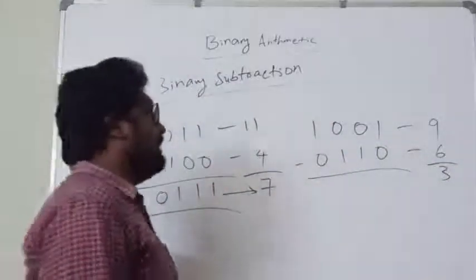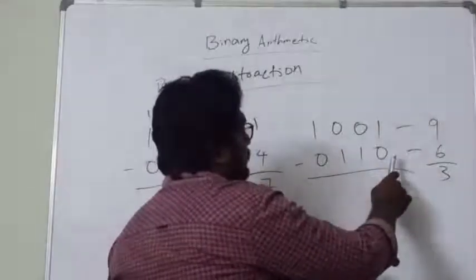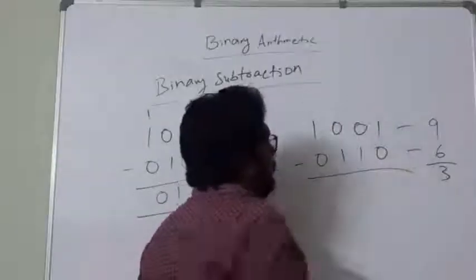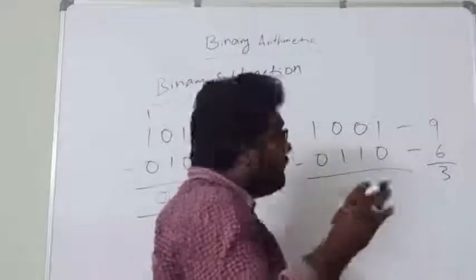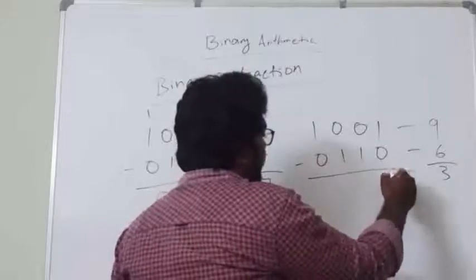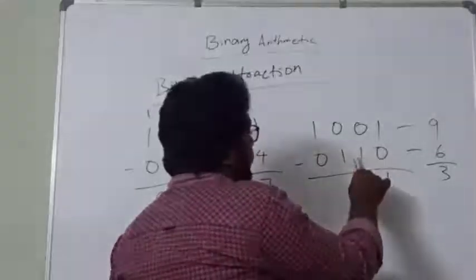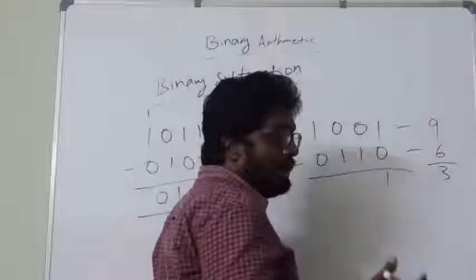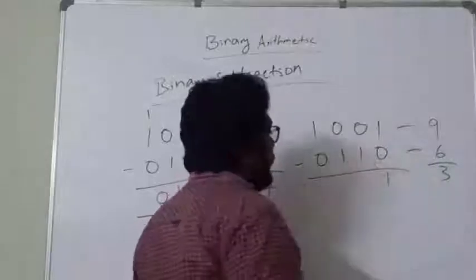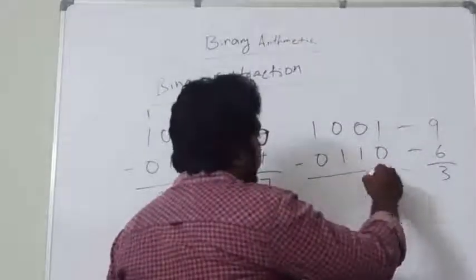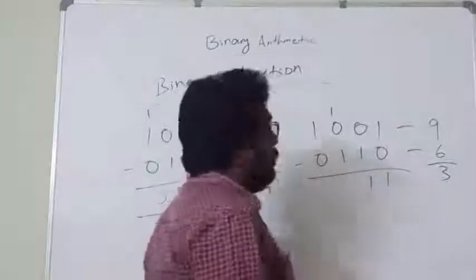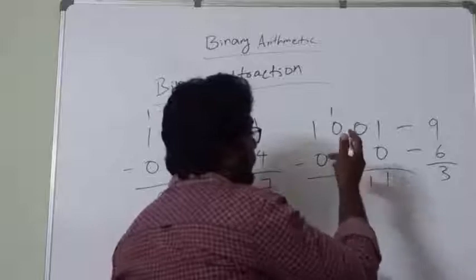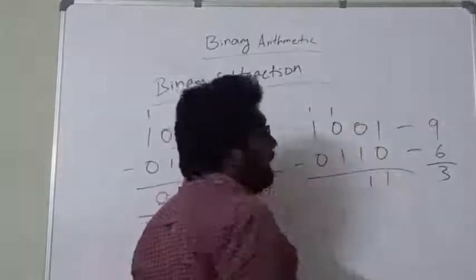On performing the subtraction operation from 1 minus 0, we are subtracting the lower bit from the higher bit. So the resultant will be 1. When we are subtracting the lower bit from the higher bit, the resultant will be 1 and we are having a borrow 1. So 0 minus 1 will become, the resultant will be 1 and the borrow will be 1.